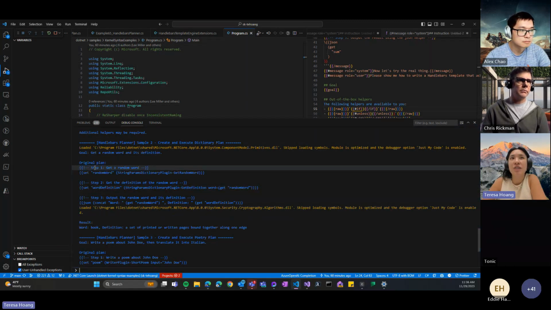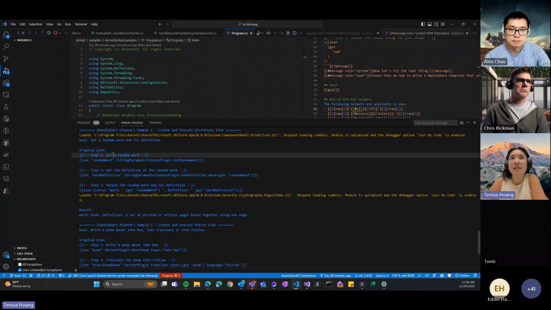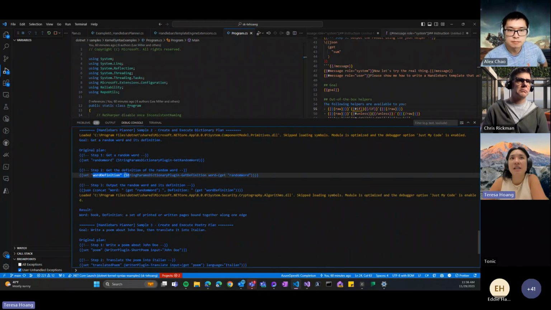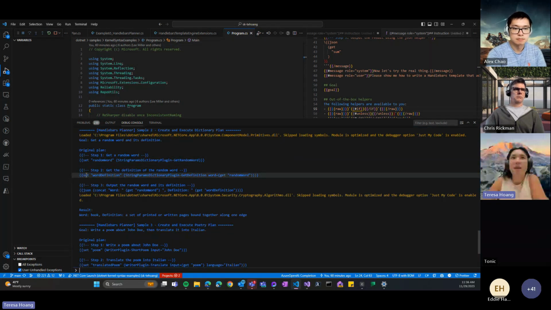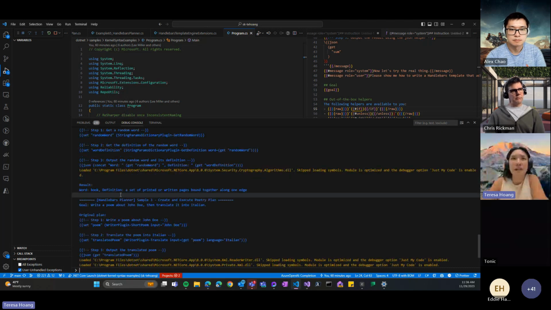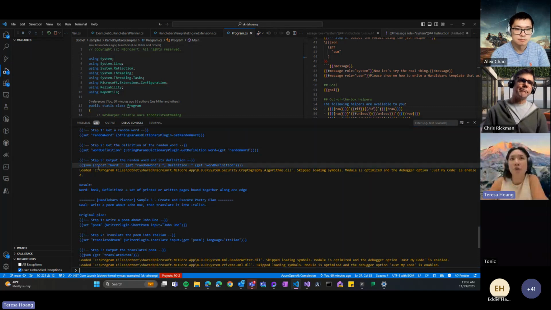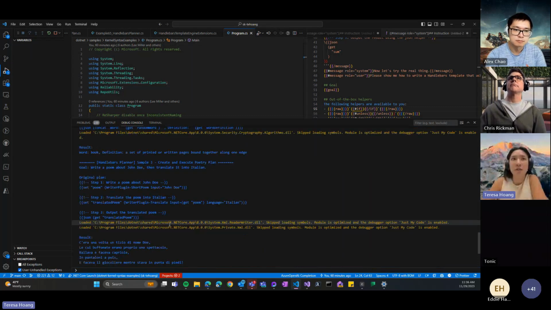It should guide you in the different steps that it's planning with comments. And then you can see here the data management is a lot better because we expose these set and get helpers in order for it to explicitly define the data that it's passing around. And then this is the result. It's able to format the result better because of these baked in helpers.